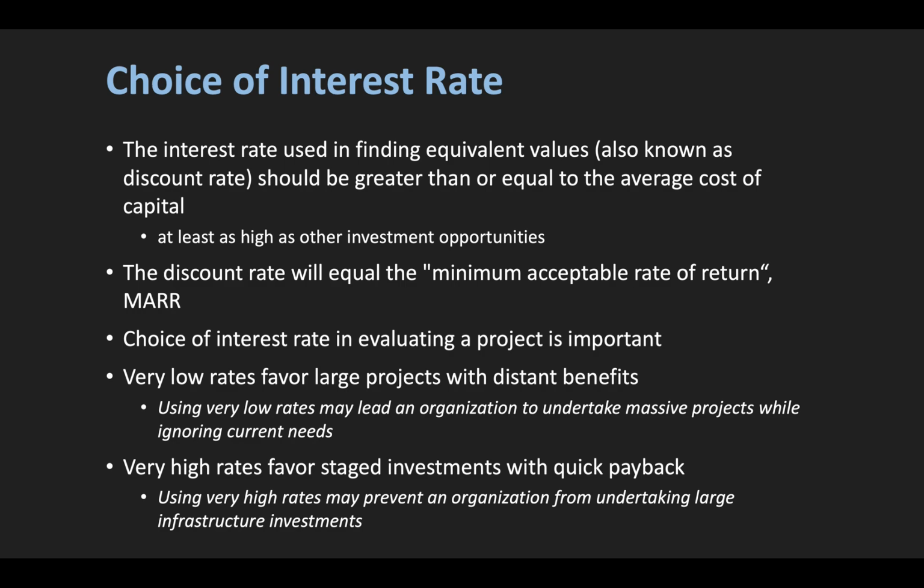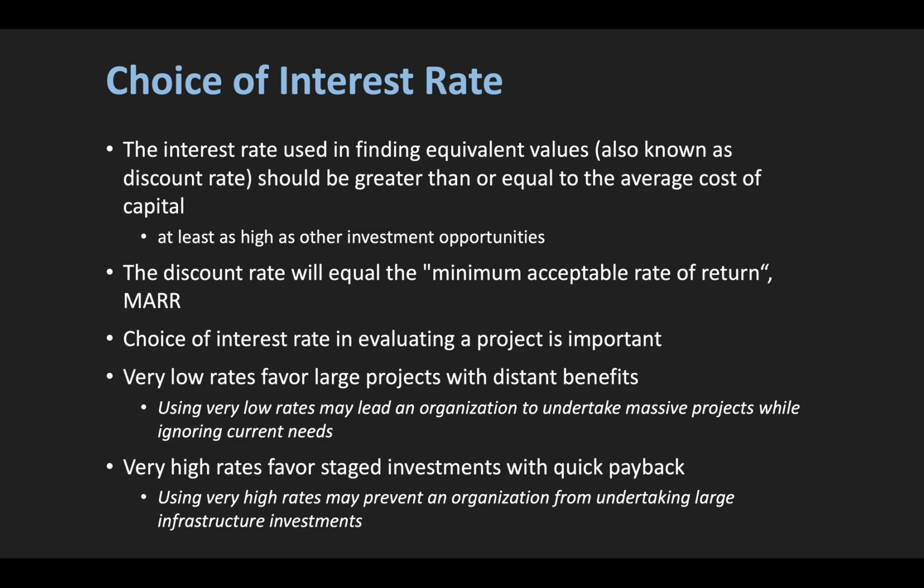But if your MARR is relatively low, that's going to help you decide, well, even though the payment is not that high, it's long term, because it's usually 30 or 50 years of operation. Long term, you're going to have a steady stream of money coming into your organization, right? So using very low rates often leads organizations to undertake massive projects while ignoring current needs,